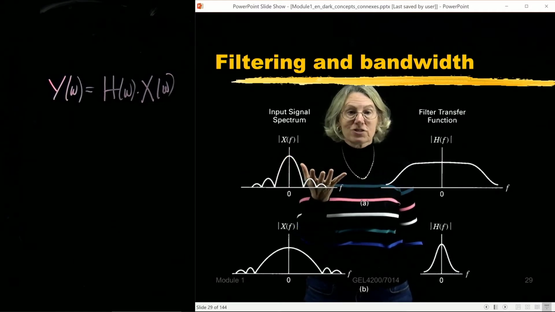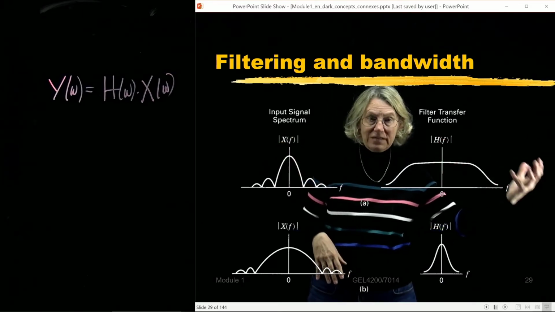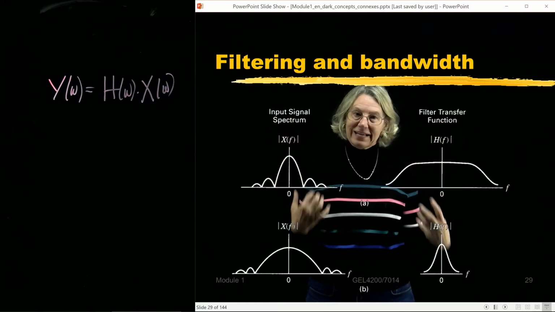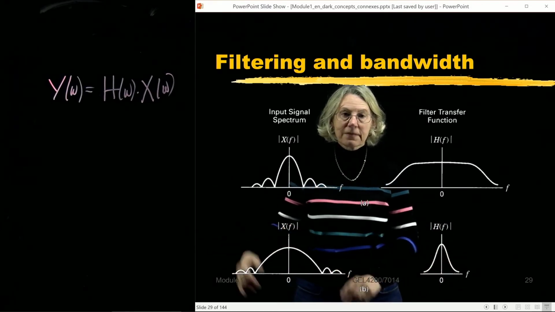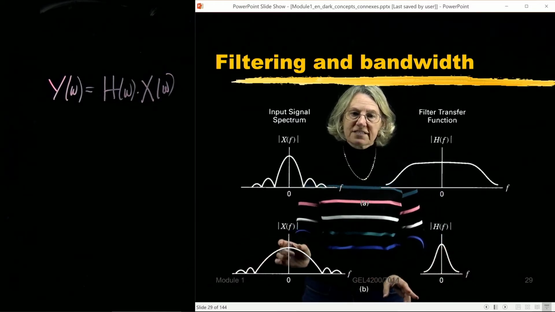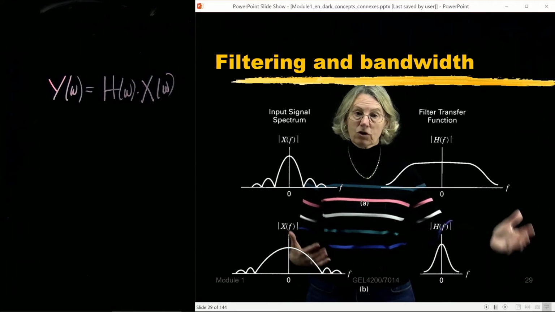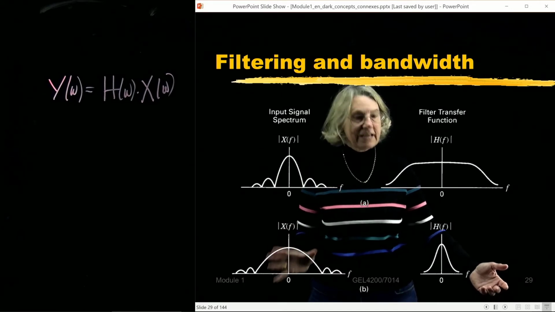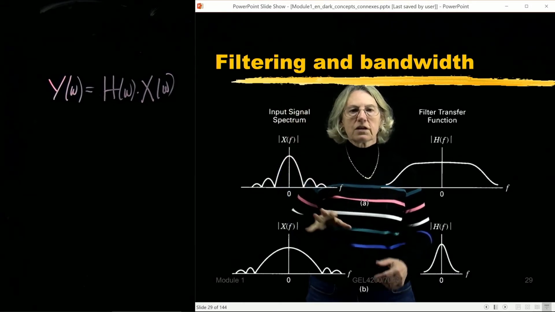So imagine this is a communication signal. I'm sending information through a channel, and I want that information to get to me. I don't want it to be distorted or changed. So this is the situation I'm looking for. But I have to be able to identify what happened in the other situation. In this situation, I have energy all over the place and a narrow band channel. When I look at the product of these two, I'm going to cut off a significant amount of the energy from this signal, and so it's going to be highly distorted. If it's a communication system, I'm going to lose a lot of information about the data which was transmitted. So filtering effects and bandwidth are very important in communication systems.